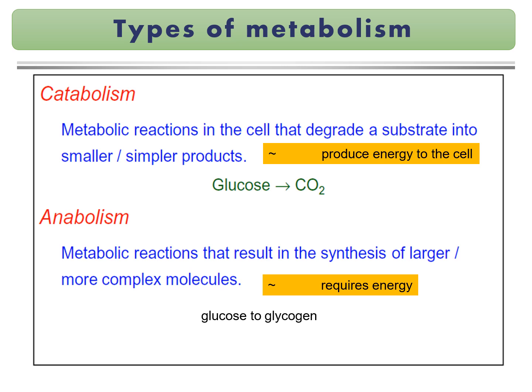The other reaction, which is completely opposite to catabolism, is anabolism. Anabolism means that smaller molecules are combined together to produce larger molecules. For example, some glucose molecules are combined together to form glycogen, which requires energy, while catabolism releases energy.